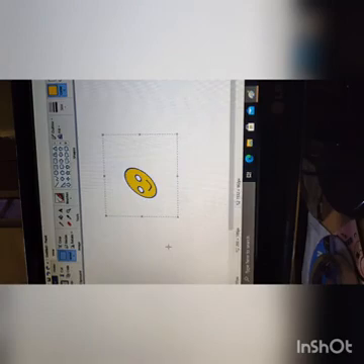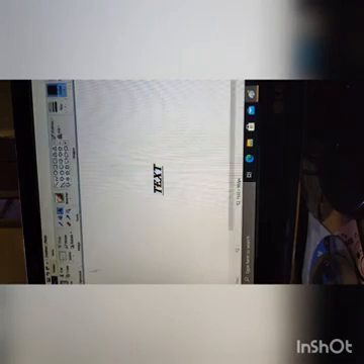Now I'll write any text. I'll see the skewing effect in text. So I'm writing text. Select it and change the color. This strikeout effect I am removing. So now I am clicking outside. Yes, this text I will skew.